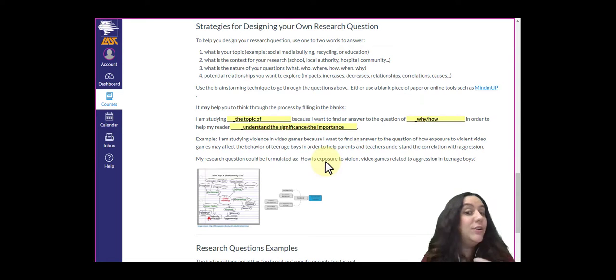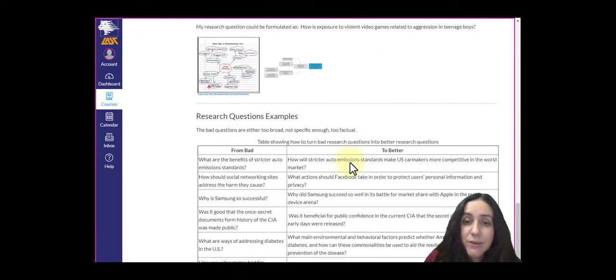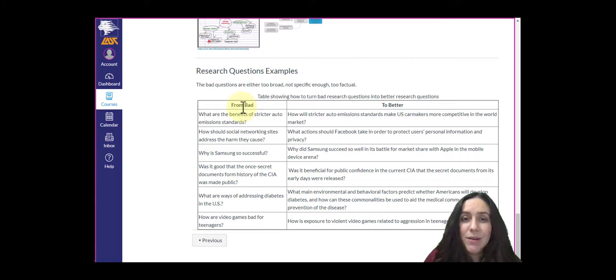So based on my research question, it would be my strategy on how to find the different sources or different databases that I would go into to try to pull that information from. So at this stage, we're not looking for these academic sources yet. Right now, we are just creating and designing a research question. So scroll down this particular page, and one